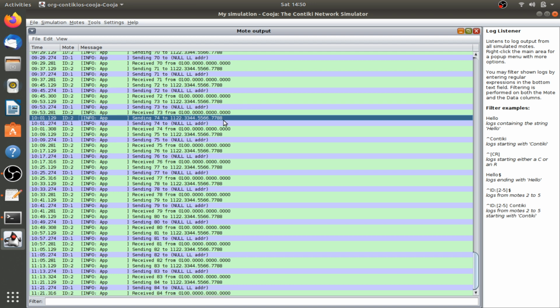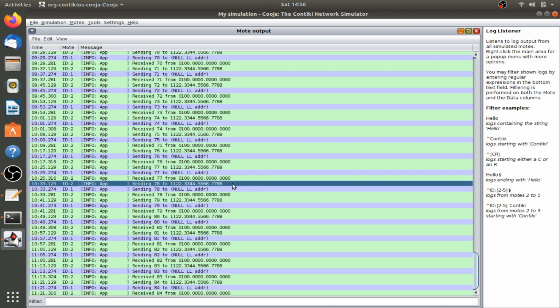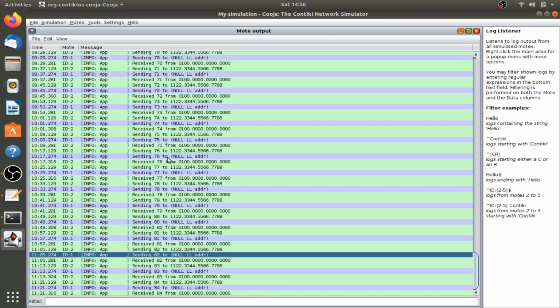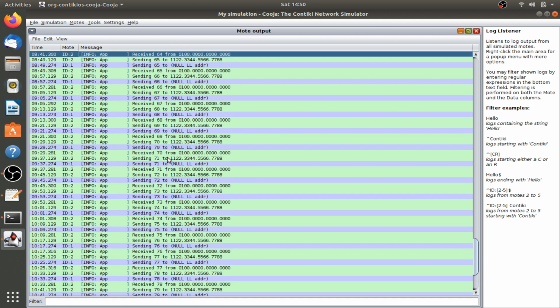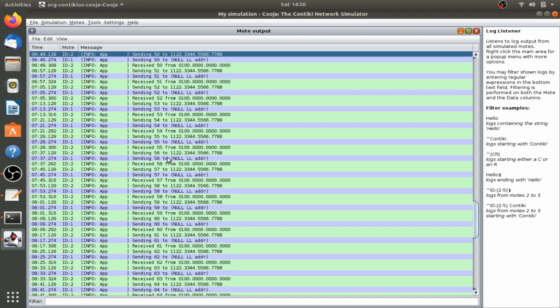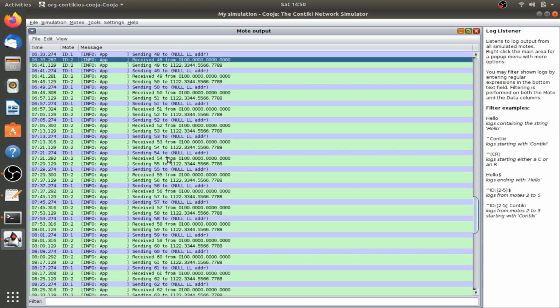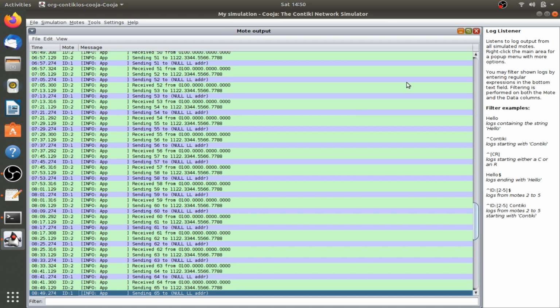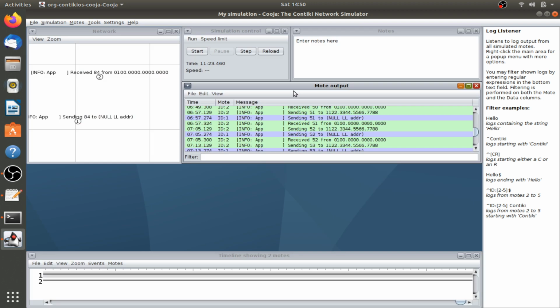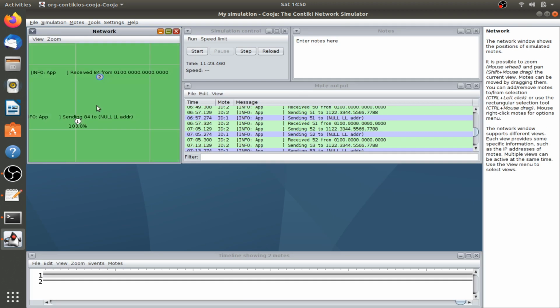If we enable the Contiki shell, we can send ping packets also. We can ping that particular network node and see whether the packet is pinging or not. The received 73, 74, all these are the counter value which you are incrementing at the sending function. Every time it is sent, the value is incremented by count plus plus. So that's what we have tried here. This is the example of just nullnet.